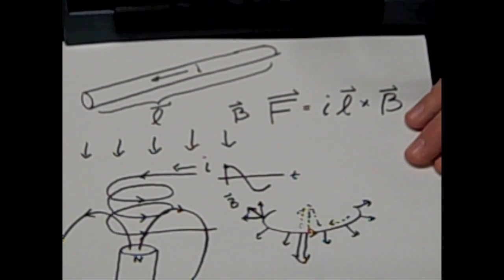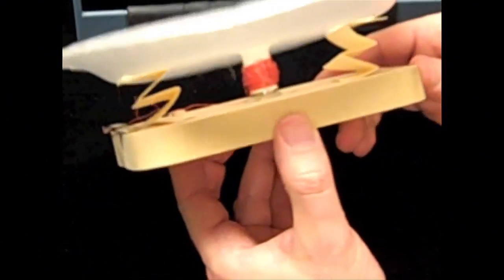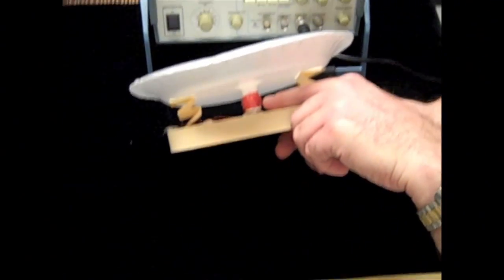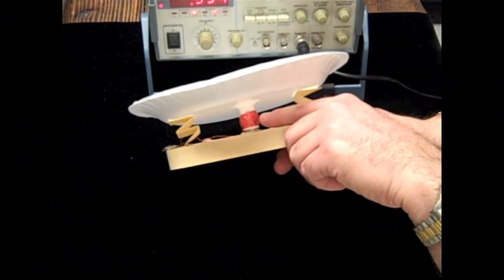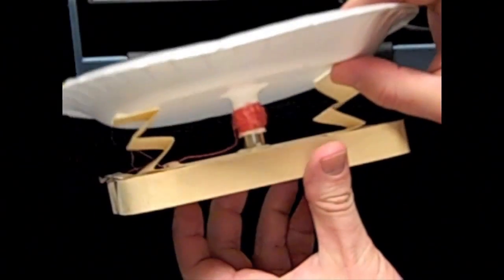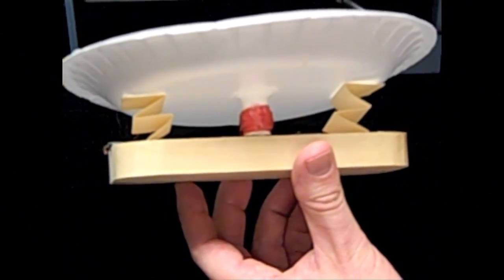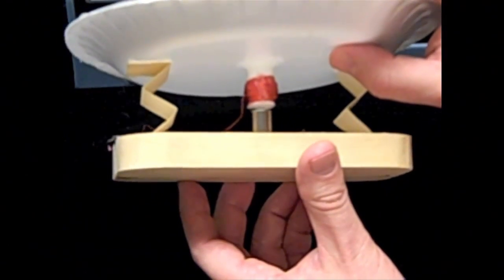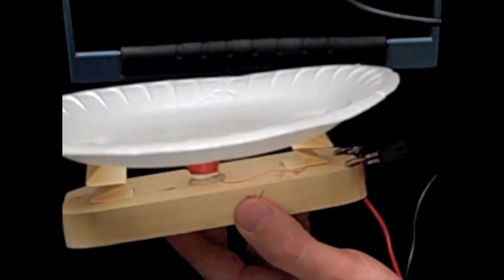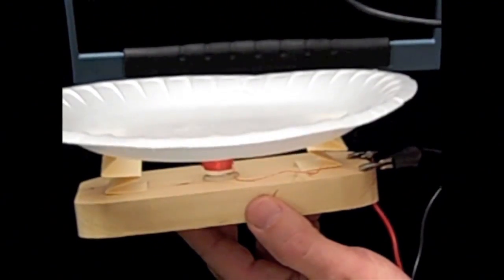Do you have a way to demonstrate this that we could see? I definitely do. We've already seen it at work on the speaker, but I have a speaker that's laid out or opened up. This was made by one of my students, Doug Adams, a very clever project. So I have a coil of wire that he put together here, and that coil of wire is wrapped around a paper form that's just glued to a styrofoam lunch plate. And you can see that coil can move up and down, and the coil can ride on top of a silver magnet. So if that works, we should see this plate experience a force up and down,